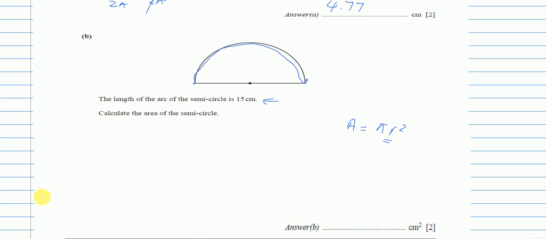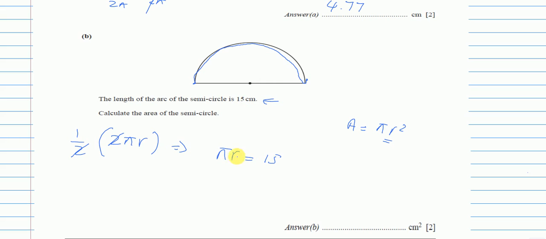Now length of the arc is exactly the same thing as saying the circumference, because the formula we will use is exactly the same. The only difference is that this is a semicircle. So for the circumference it was 2 pi r, right? But this is a semicircle, so we will multiply it with half, because it's just a half circle. The formula for arc length of the semicircle will be pi r, and this equals 15, they have already said.